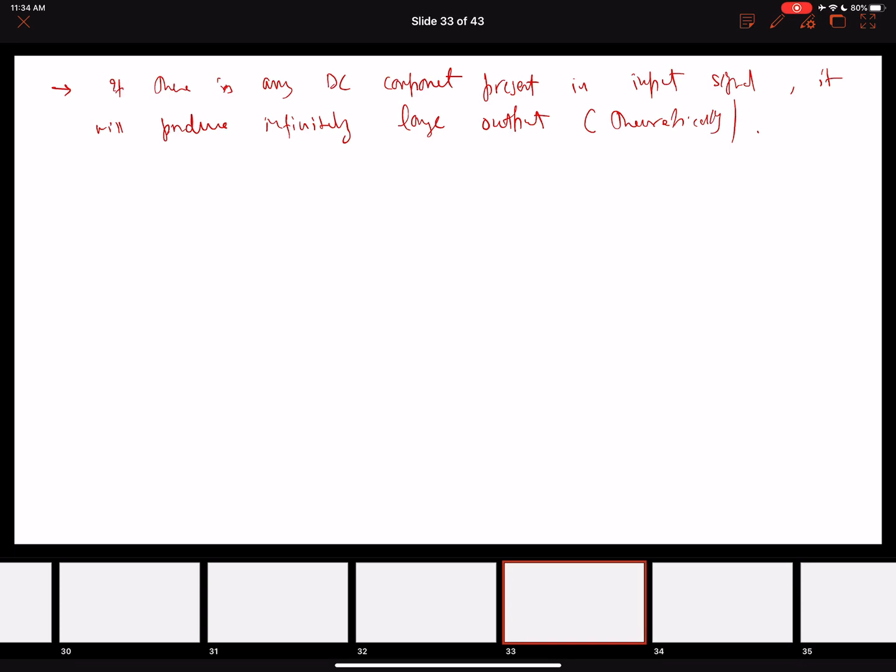So this is what we discussed, that at omega equals 0, the V naught over Vi, the magnitude response